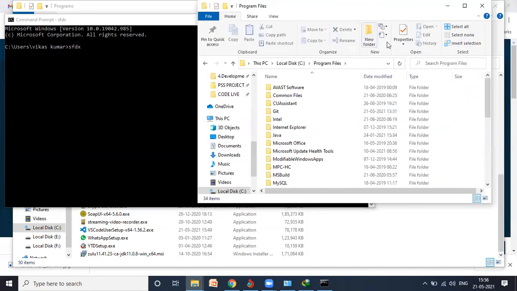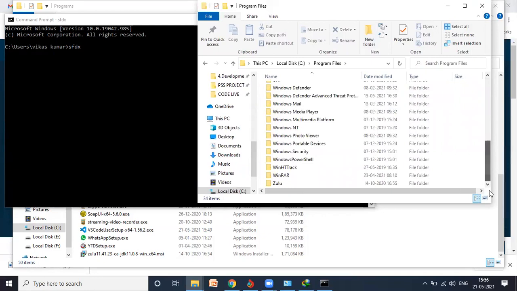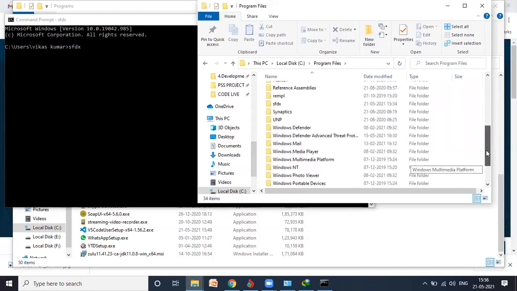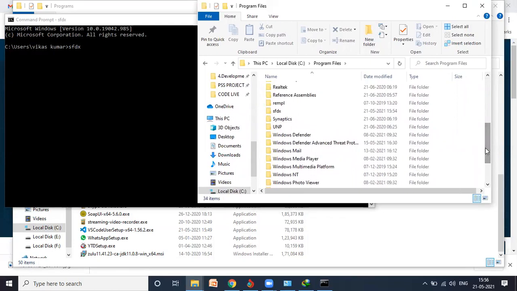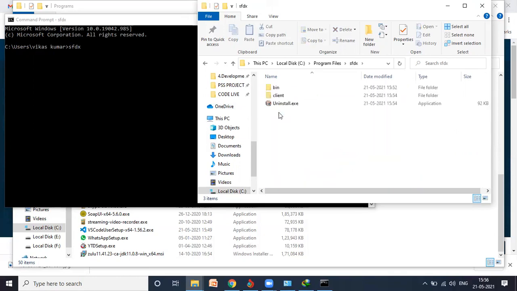Now, I need to scroll down. Okay, so guys, the command that I typed was sftx, right? You can see the folder name sftx. Now click on this. Okay, so inside that there's a folder called bin, right? You need to click on this. So basically this is your path. I mean, this is the application from where this CLI will work. So what we need to do is set this path. So just copy this URL.